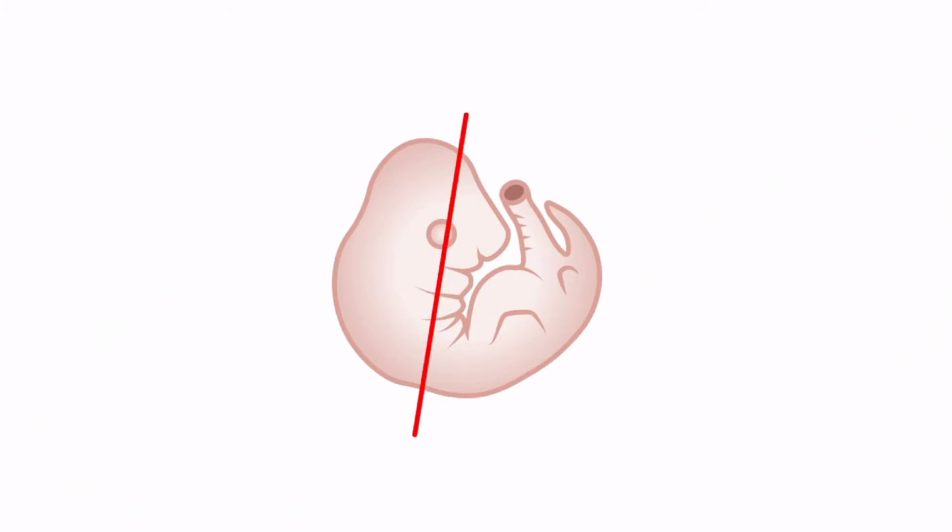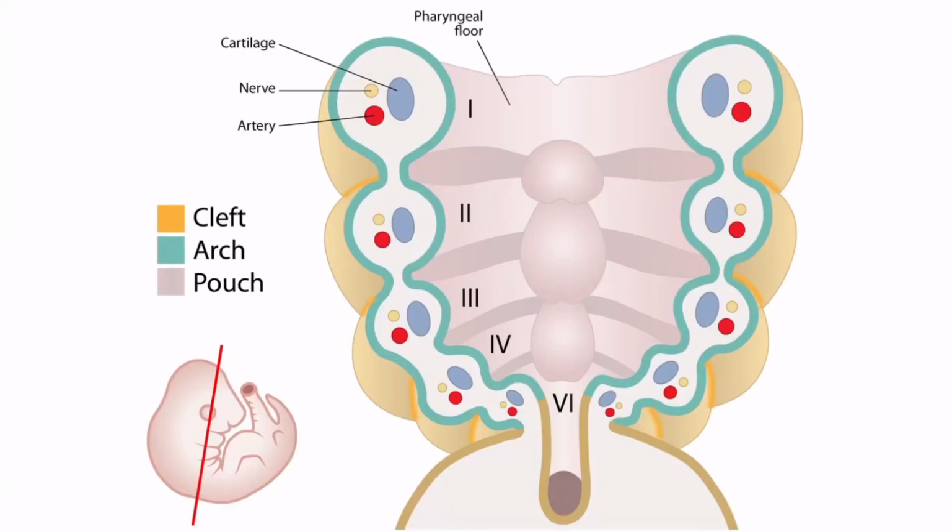From this perspective, you can see several little bulges on the embryo towards the central region right here. And these are known as pharyngeal arches. Now, if we take a slice through this region, like we've shown on the image, and look at it from this angle, we can see what's known as the pharyngeal apparatus. This is an image of the pharyngeal apparatus, and this is really the meat and potatoes of the next few